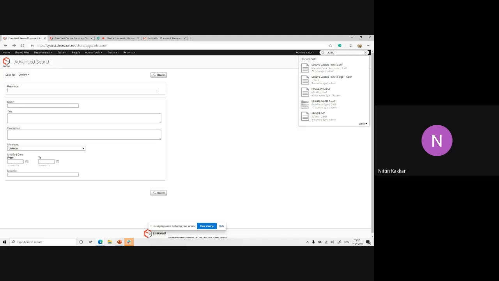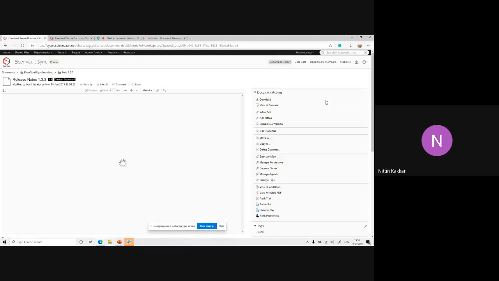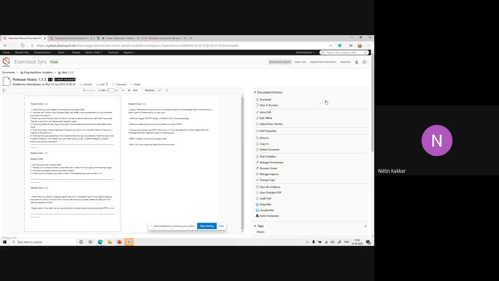All right. So you see over here, it's picking up results. As you can see, the release notes file does not include laptop in its file name, but maybe somewhere in the file the keyword laptop might be present. So just open this file, release notes. The laptop is not anywhere in the file name or the metadata, but laptop might be written somewhere in the file on any of the pages. If you click on this search icon near the maximize button in the preview page, not maximize, the search button.